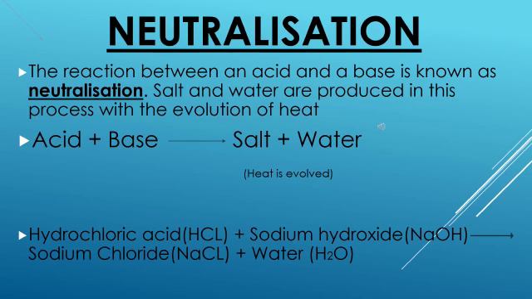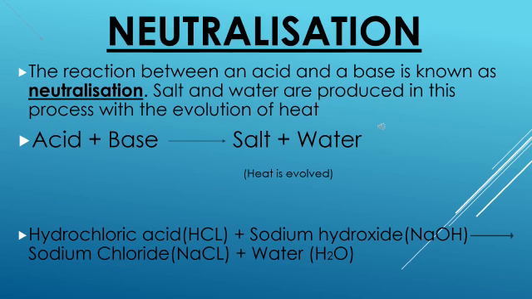So we are going to use an indicator, apart from the indicators we have learnt. We are using a new indicator that you don't know, that is phenolphthalein. So what do you call it, children? The indicator used is phenolphthalein indicator. It is there in your textbook. You can practice the spelling of phenolphthalein. Okay. So for that we have one activity to perform.